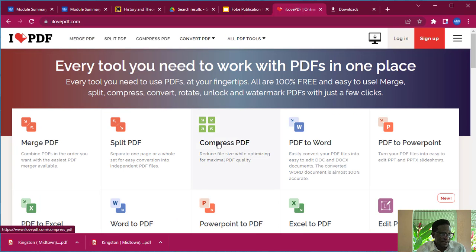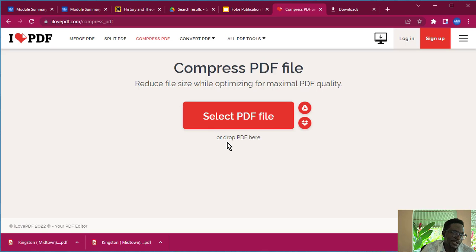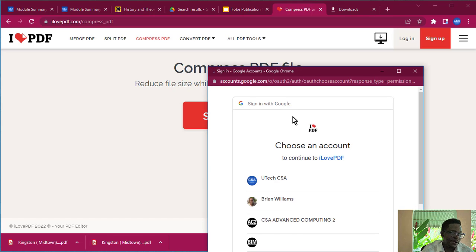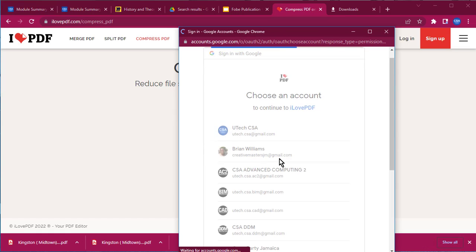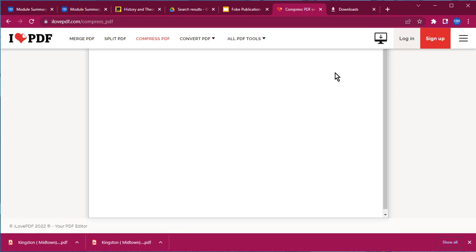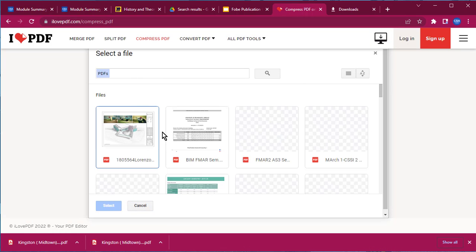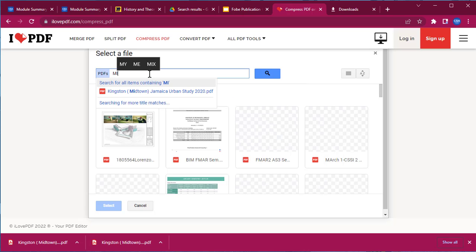When you go to compress PDF, you can actually just click this little select PDF from Google Drive. It will ask you to give permission to connect to your Google Drive. So in this case, I'm going to connect to this Gmail address. And then it's going to show you all the recent PDF that was accessed. Now I could just search for it here, Midtown, there it is,